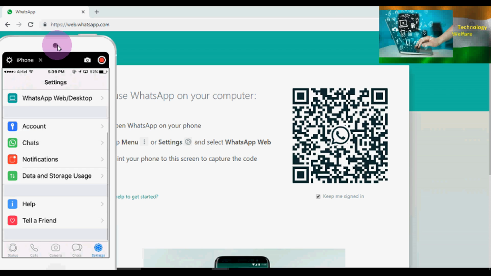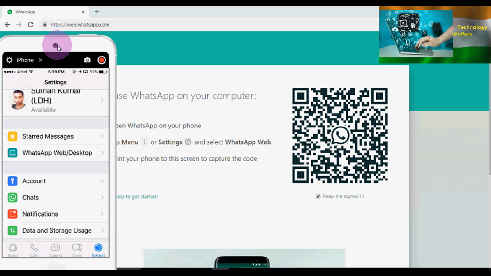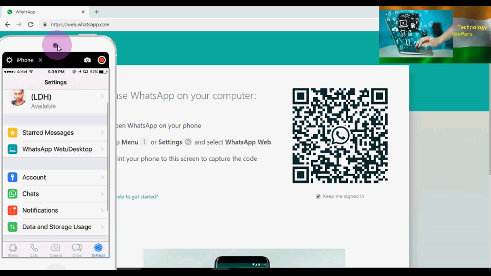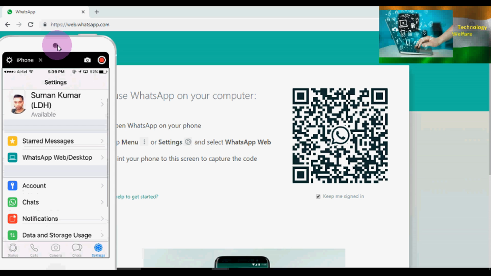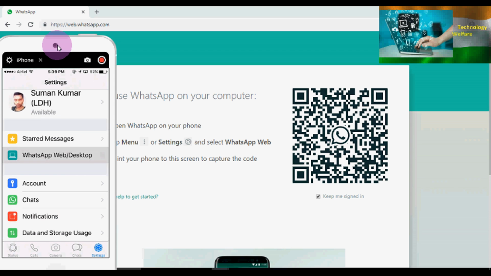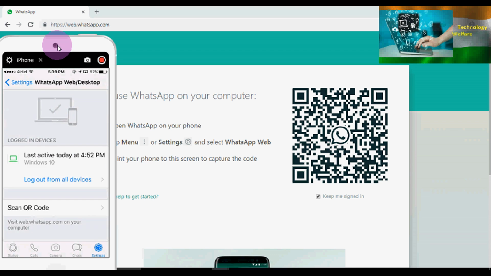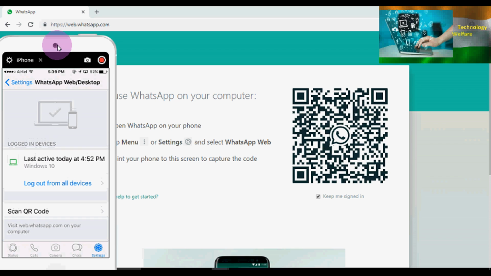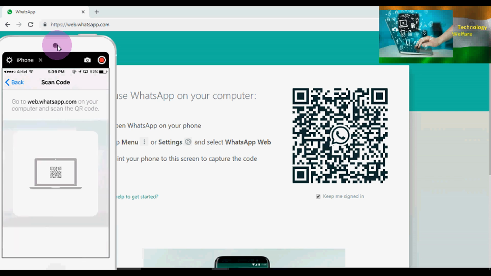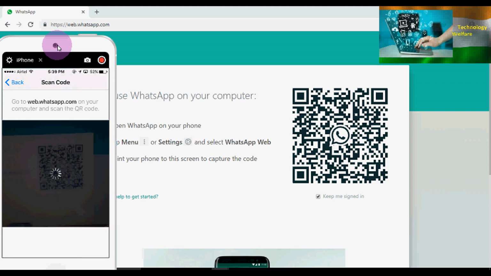So here you have to come in a setting. Here you have to click this one, WhatsApp Web, desktop. You have to click one time, then you have to scan. Yes, you have to click on scan QR code just one time, and now see, within a few seconds